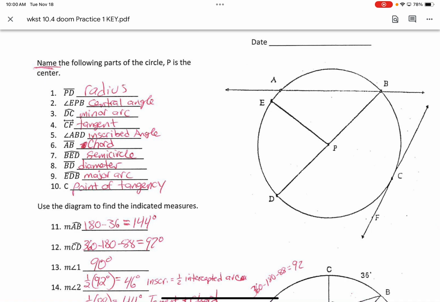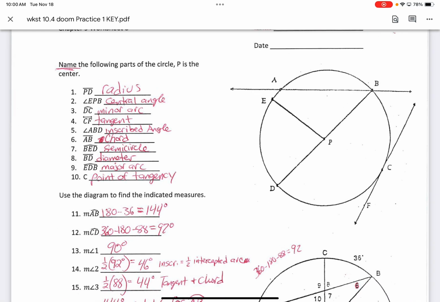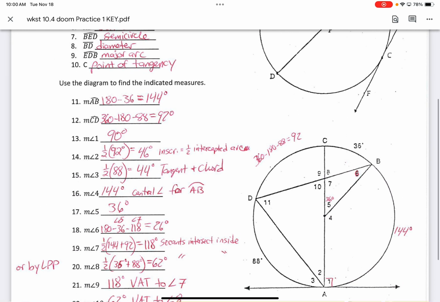Vocabulary is a pretty important part of this unit, probably more so than some of the other ones we've done, just because there's so much new vocabulary. Any questions on any of those? Okay. And then in terms of the bottom, this is a relatively simple